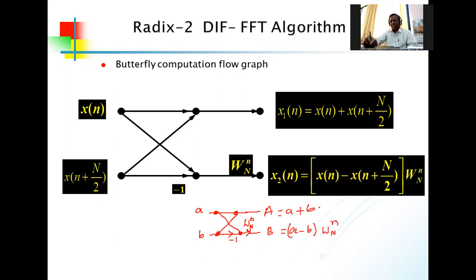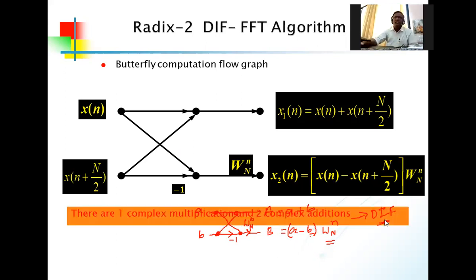So in the first addition there is no multiplier present, but in the second part we have a multiplier which is multiplied for this complete bracket. So most of the time students will make the mistake here that they multiply this multiplier with only b. If you are doing that way, you will get the answer wrong. So you have to be very careful for this butterfly diagram of DIF.